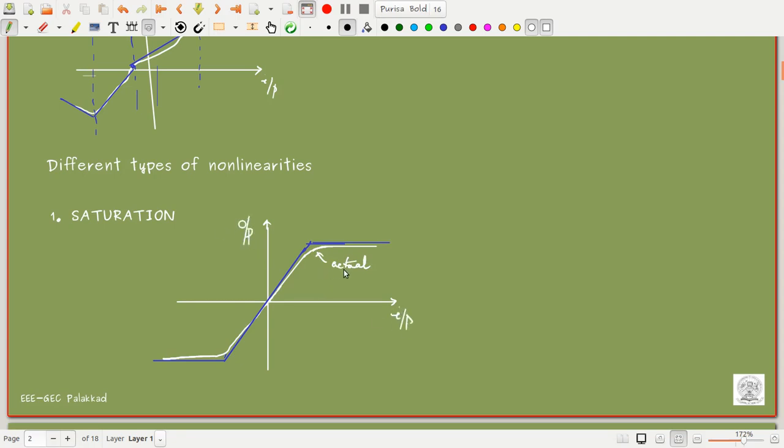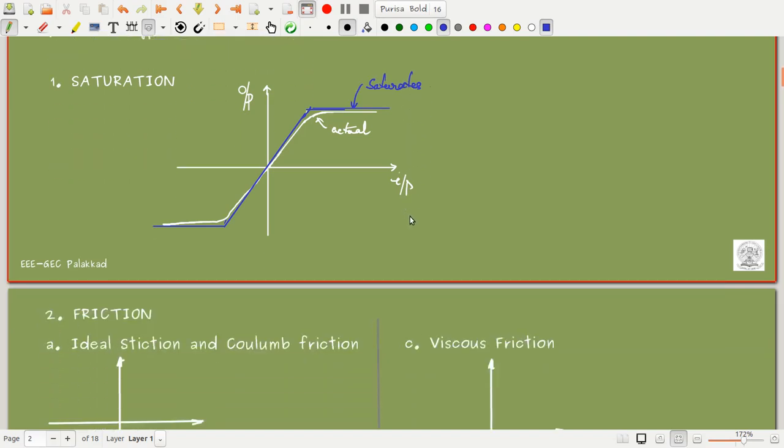So in general, we can say that initially it is almost linear. Initially, as we go on increasing the input, the output is linearly increasing, but after some time, even if we go on increasing the input, there is no change in the output. That means there is saturation happening here. The system saturates. Now we will see the next kind of nonlinearity, which is friction,